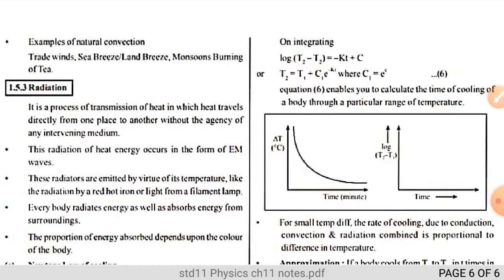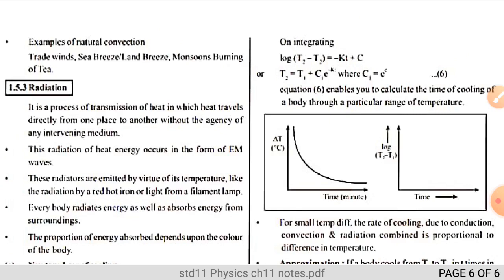In the morning we know that sun rays strike the surface of water, and they also strike the surface of land, right? Because of the sun rays, the land material is different from the water material. That's why the land temperature rises more quickly than the water. So the surface of the land is quickly increasing in temperature, but the water still has a lower temperature. That's why the wind flows from water towards land. So it is called sea breeze.